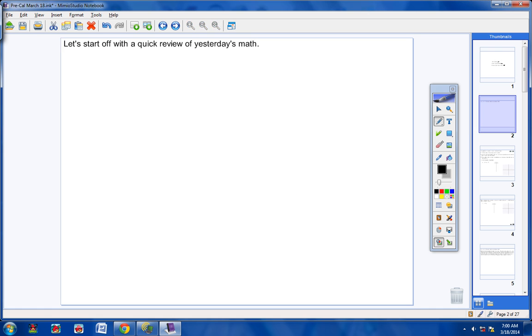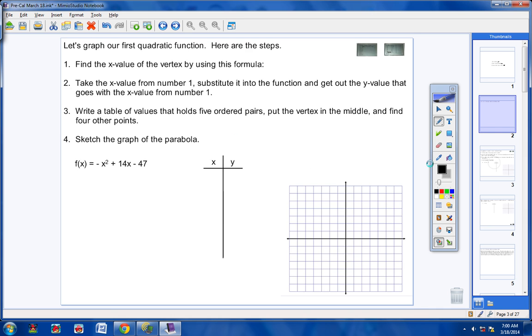Okay, let's jump right into this. Let's start off with a really quick review of yesterday's math. First of all, what we learned yesterday is when you're graphing a quadratic equation, you find the vertex by negative b over 2a, and once you get that number, in this case negative 14 over 2, negative 7, you then put negative 7 back into the equation, and you'll get a number out over here. And then of course, going up, we'd have a negative 6, a negative 5, going down a negative 8 and a negative 9. And then don't forget you get out a parabola like this, and this middle point here is